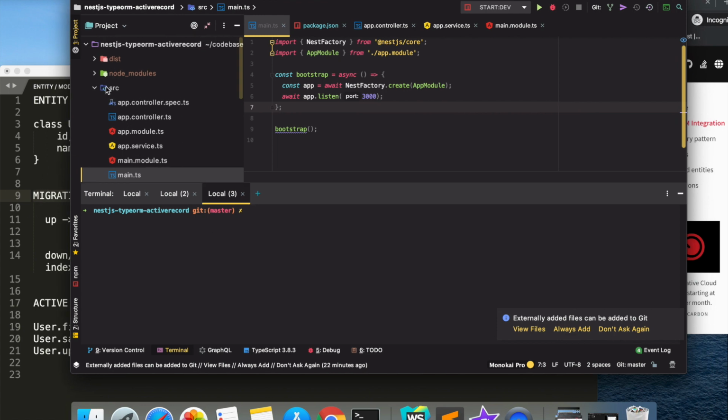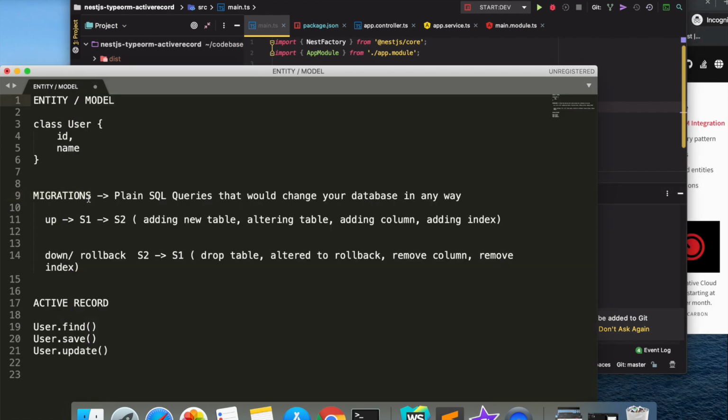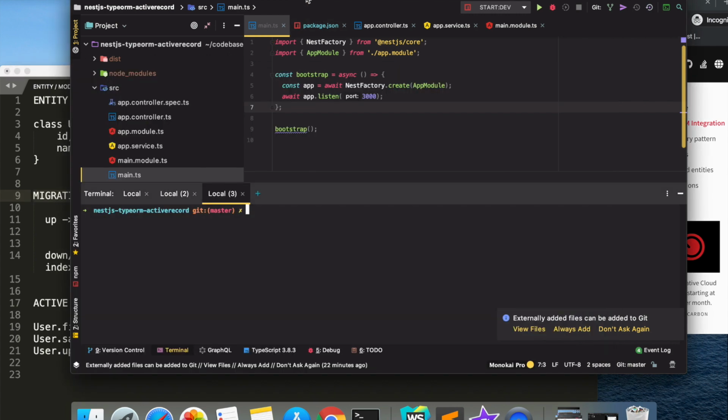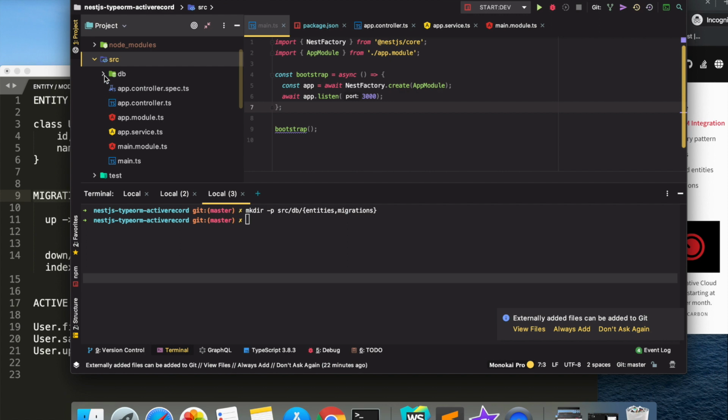So we are going to create a DB folder inside which we would have our entities and migrations folders, which in turn will contain entity and migration files. So let's create the directories: entities and migration. It would create src/db/entities and src/db/migrations. So here we have.